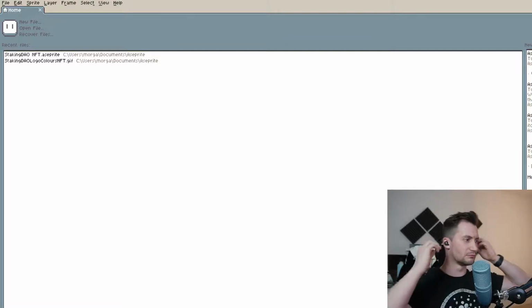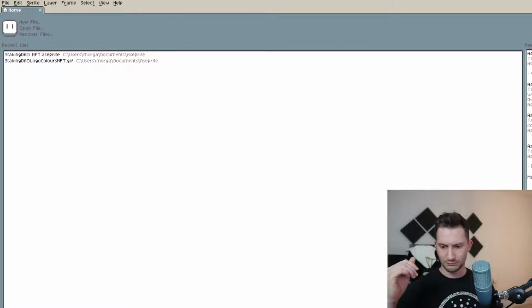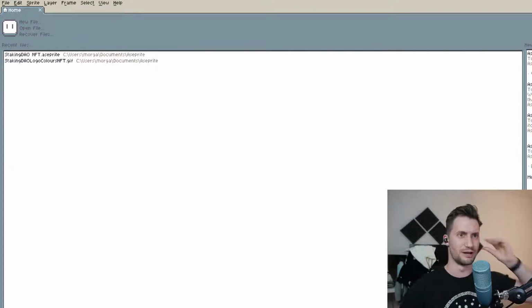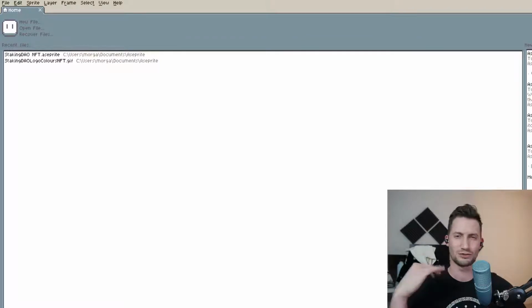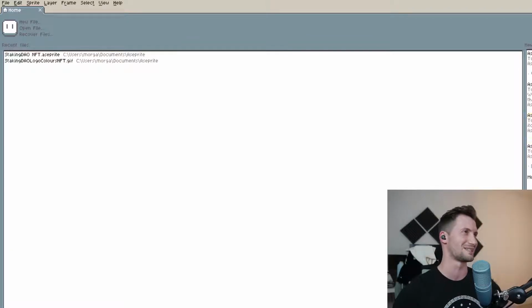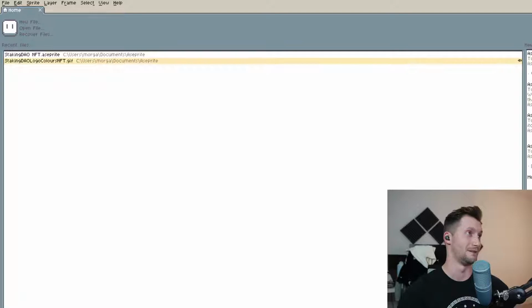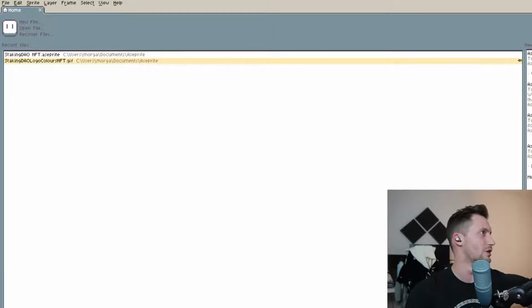Hopefully we haven't got too much background noise, right? So I've got this problem. One of my computer fans is bust, so it's just making crazy, horrible grinding noises. It sounds like a skateboard. Yeah, that's right, a skateboard. Not what you want. So wait, let me just get this up.